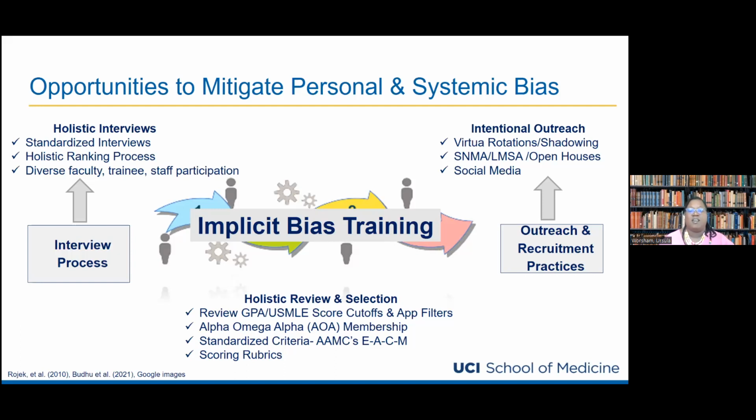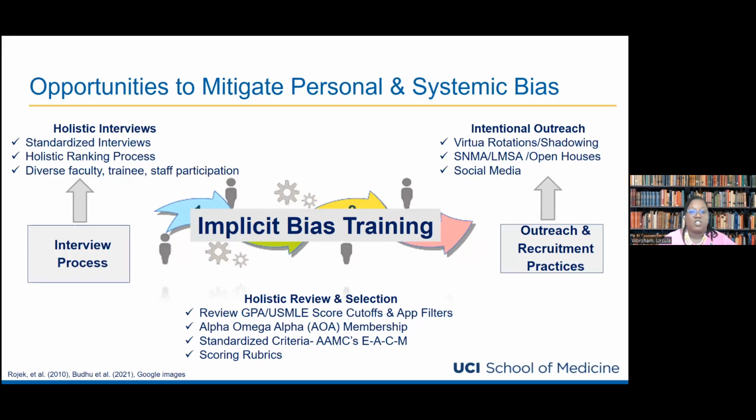And I understand that sometimes there's only a small but mighty group that will be reviewing applications, and there's a lot to go through. So sometimes those cutoffs and filters help make that process a little bit more manageable, but it really is worth the extra time and effort to make sure that excellent candidates are not being missed by unfair score cutoffs, as well as unfair bias that often shows up in candidacy for individuals who are involved in Alpha Omega Alpha